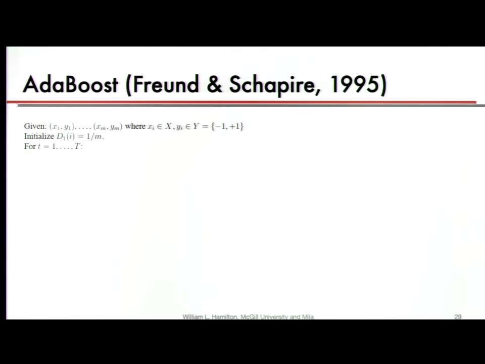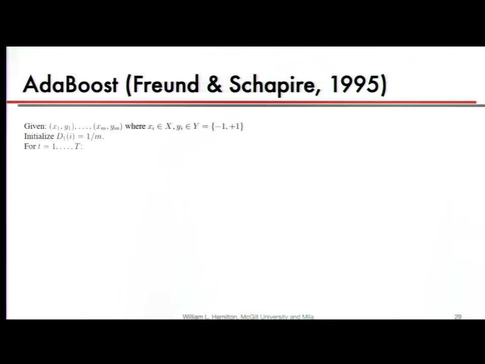The way that we do this, well, there are multiple ways, but in some sense the best way is a very seminal work by Freund and Schapire called AdaBoost, for adaptive boosting. Also, I believe, it's named for Ada Lovelace, who was one of the first programmers and worked with Charles Babbage, so it's kind of named for her, and also because it's adaptive boosting. I'm going to go over this algorithm. This is actually the algorithm from their paper. This is a case where it's worthwhile actually looking at the original algorithm, and we'll go over it somewhat slowly and then try to get a bit of intuition for how this works.